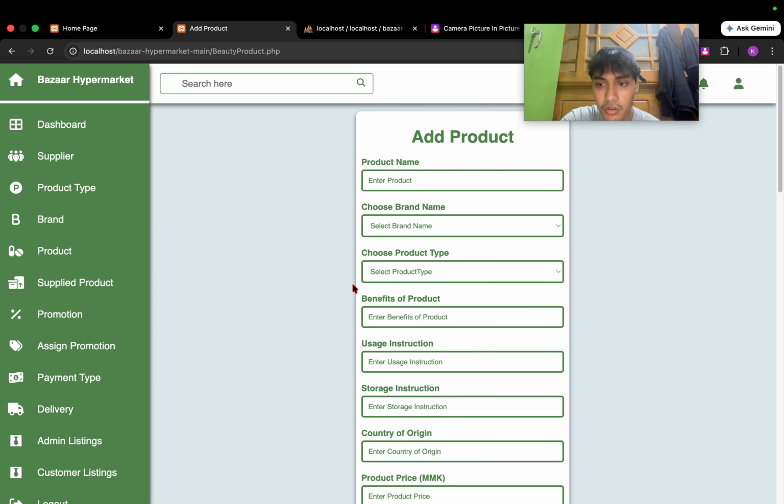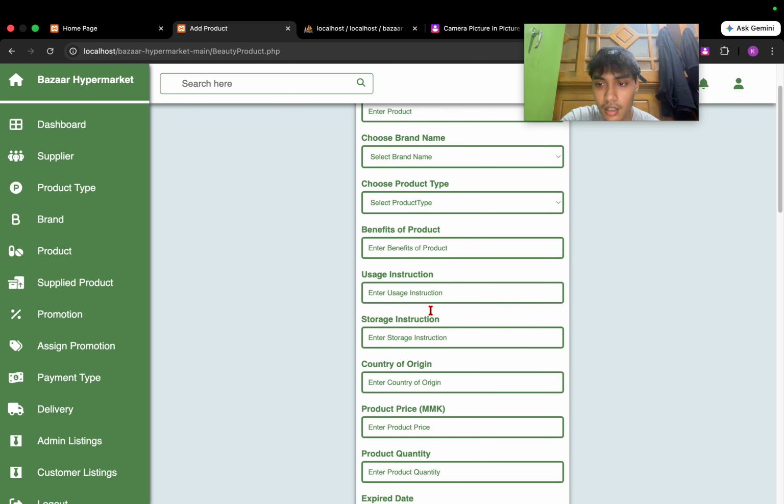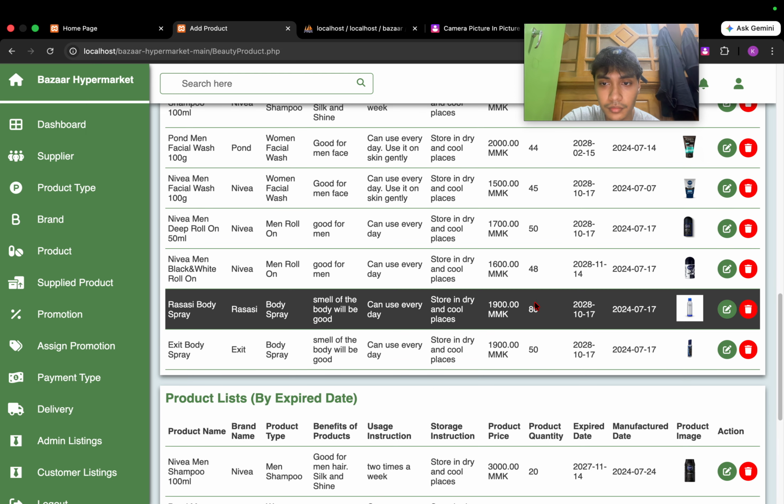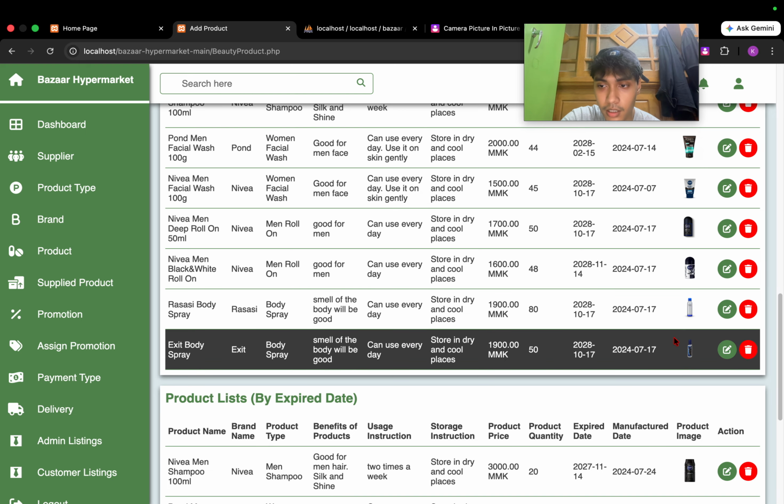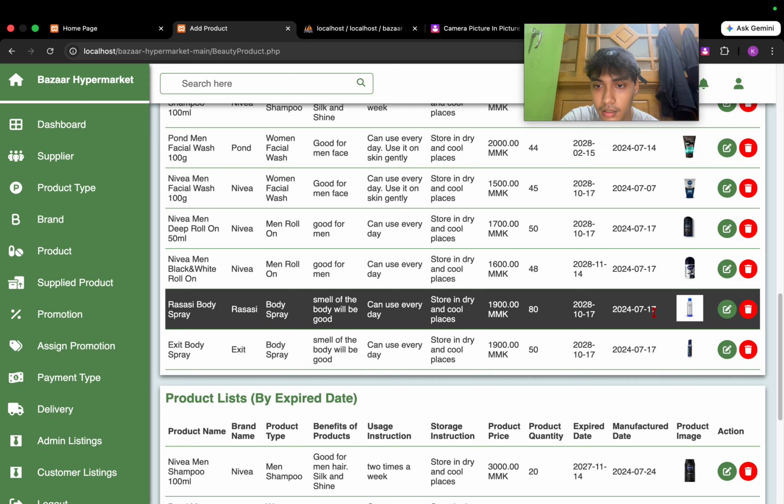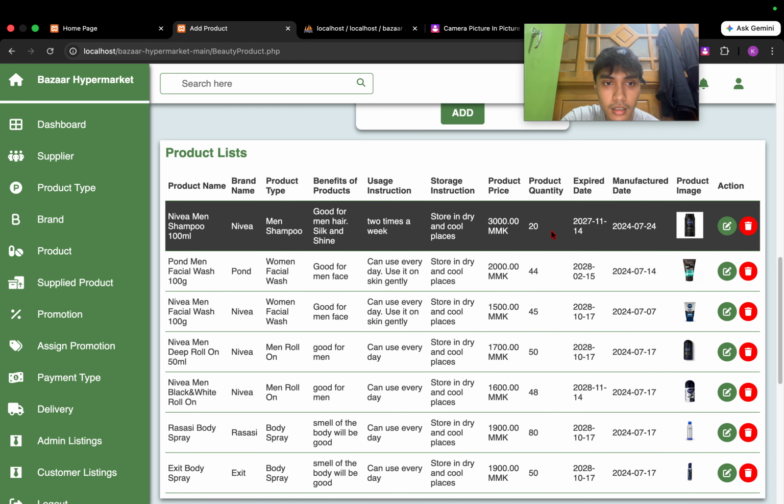Next, I will show the product management section. In this section the admin can add a new product, update a product, edit a product, and delete a product. For example, edit this product.